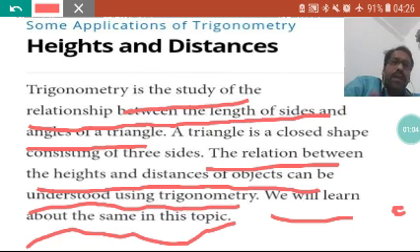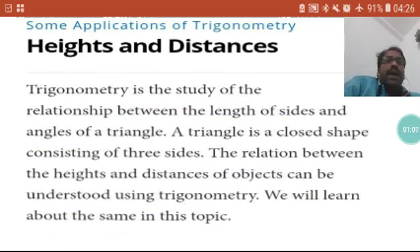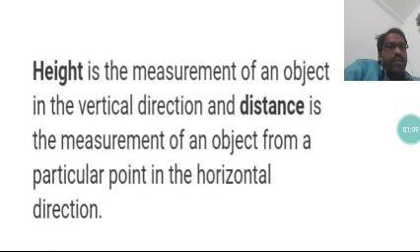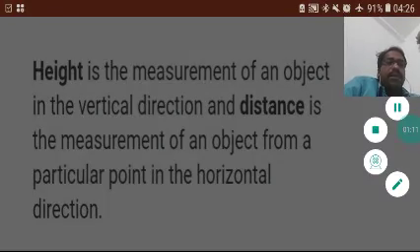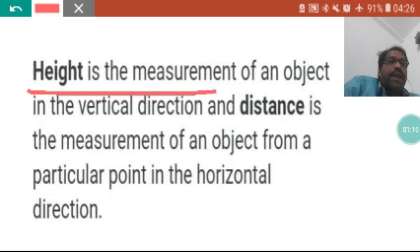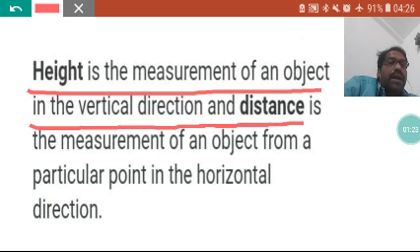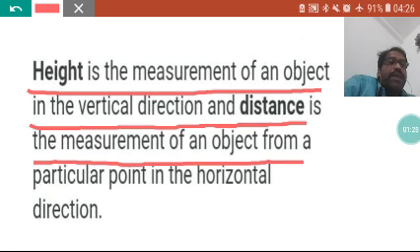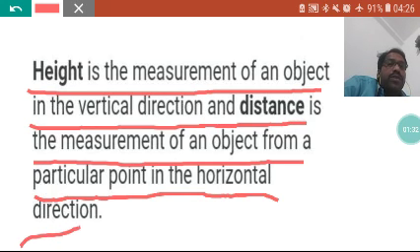So what actually is height that we should know? So this is called height. It is the measurement of an object in the vertical direction, and distance is the measurement of an object from a particular point in the horizontal direction. What does it mean? It means that